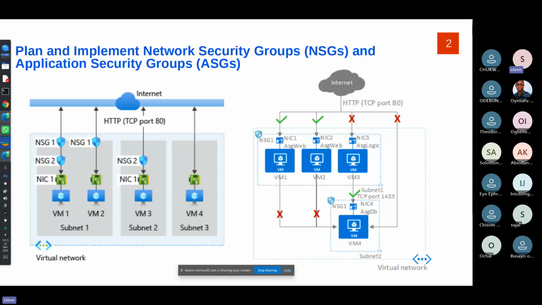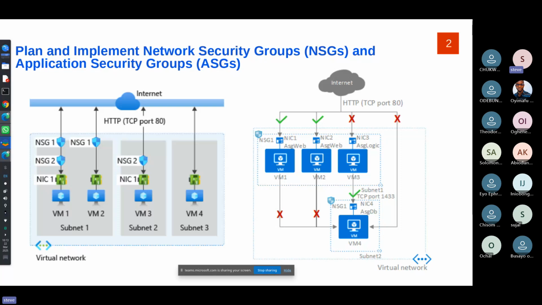So it defines which system can have access to which system through the network, then on which particular ports and on what protocol. So that is the rule for NSG, and it can be applied on the subnet level and also on the individual